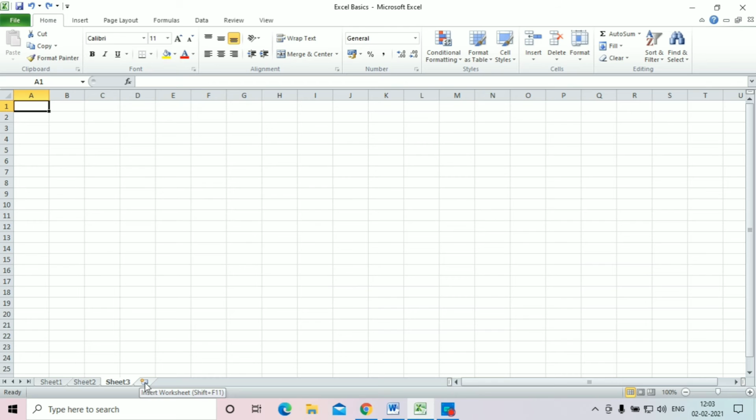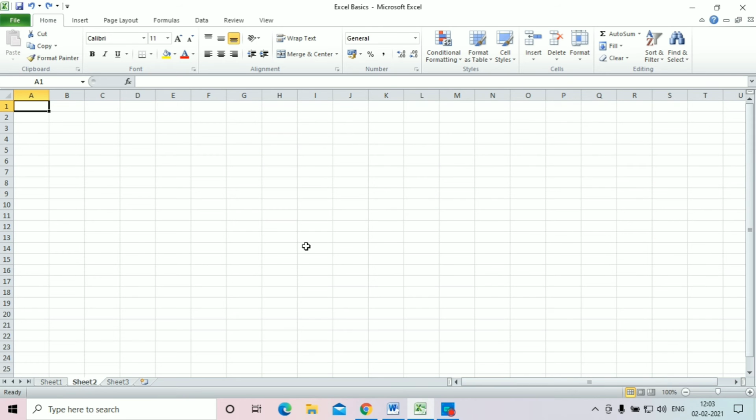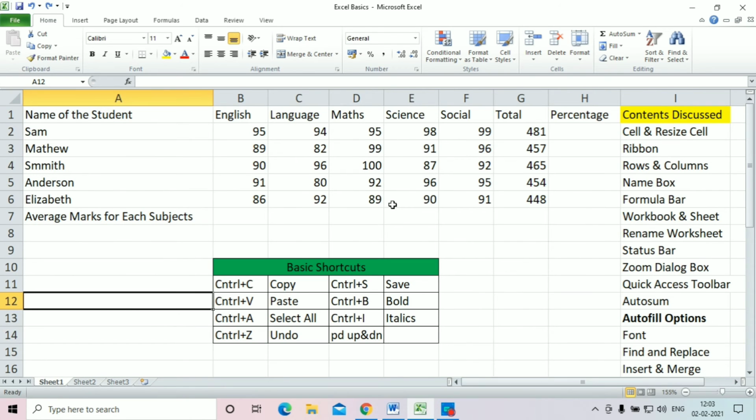As you can see, a pop-up comes up, like insert worksheet. There is also a shortcut, Shift F11. As you press Shift F11, a new sheet will pop up, and you can generate as many sheets as you want, because when you collect data, tons and tons of data cannot be stored in a single sheet, or the user gets confused. So what corporates do is divide the content across sheets. In sheet 1 I have filled this, and if you want something in sheet 2, you can always do this.